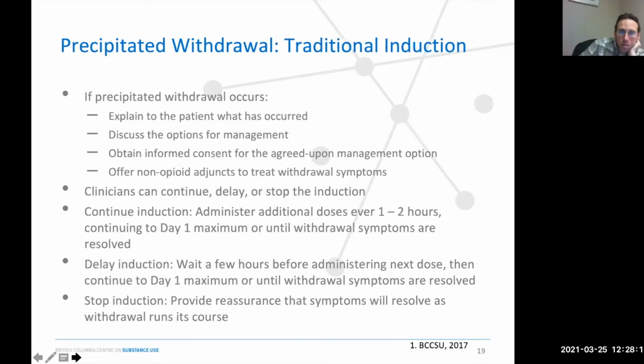Precipitated withdrawal, basically. It's important to warn patients beforehand. This is what could happen. A couple different approaches to this. Generally, if you start to have some precipitated withdrawal, which is generally a lot less if you're doing microdosing, usually you just space out the amount of time that you take between doses, or you wait till the next day, or you go to a lower dose than you had the previous day.